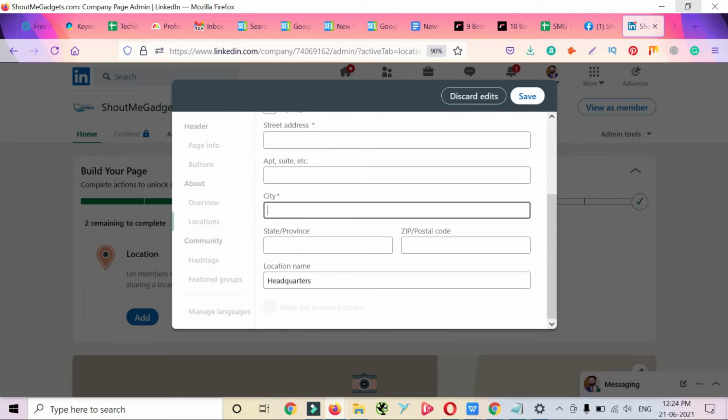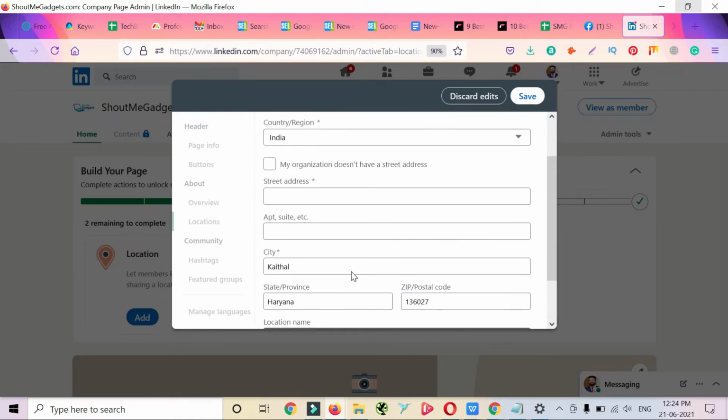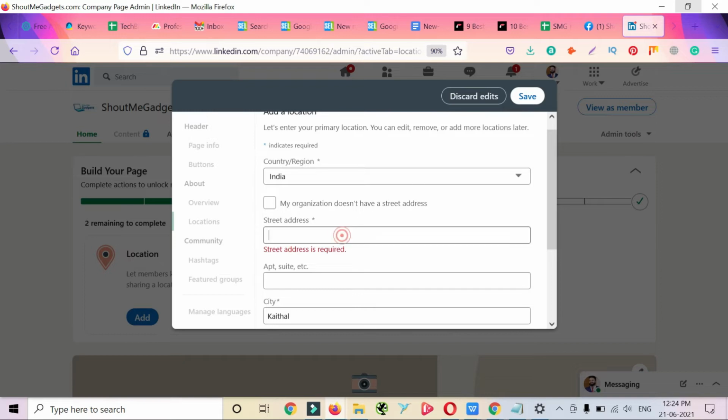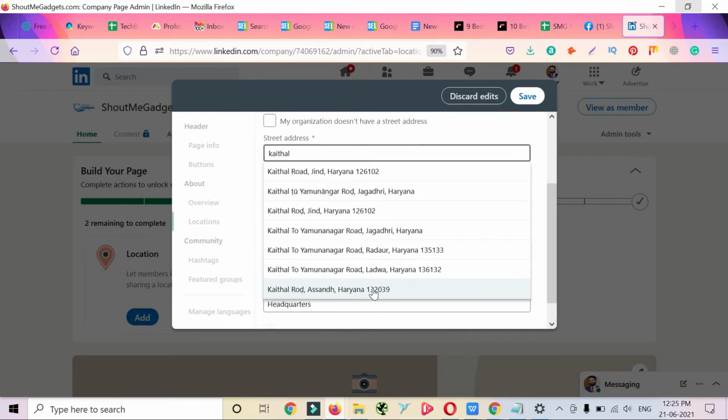Let's enter state here, Haryana, and this is the pin code where I am staying right now. And you can change the location name as headquarters or any other branch name. You can change the heading accordingly. Once you save it, street address is mandatory, so I'm going to select a random address here, because sometimes the